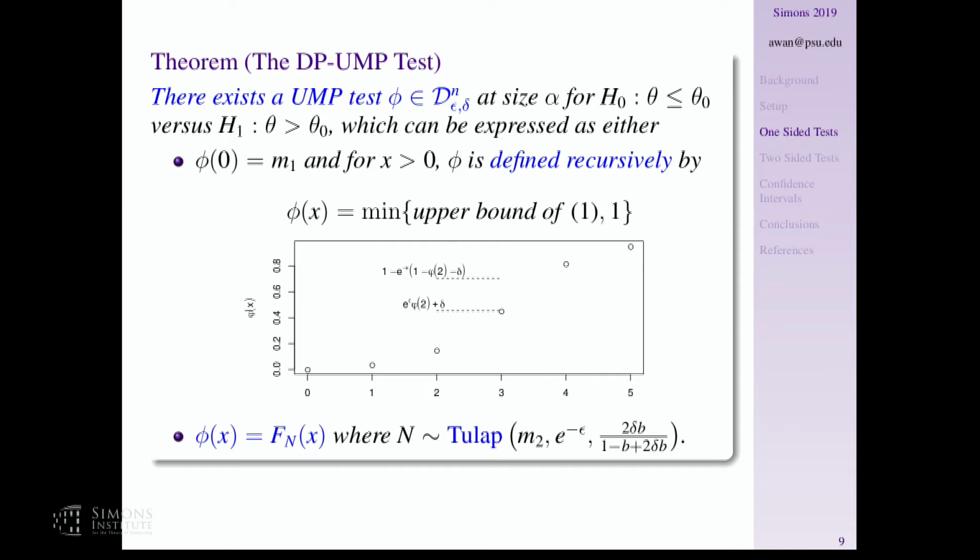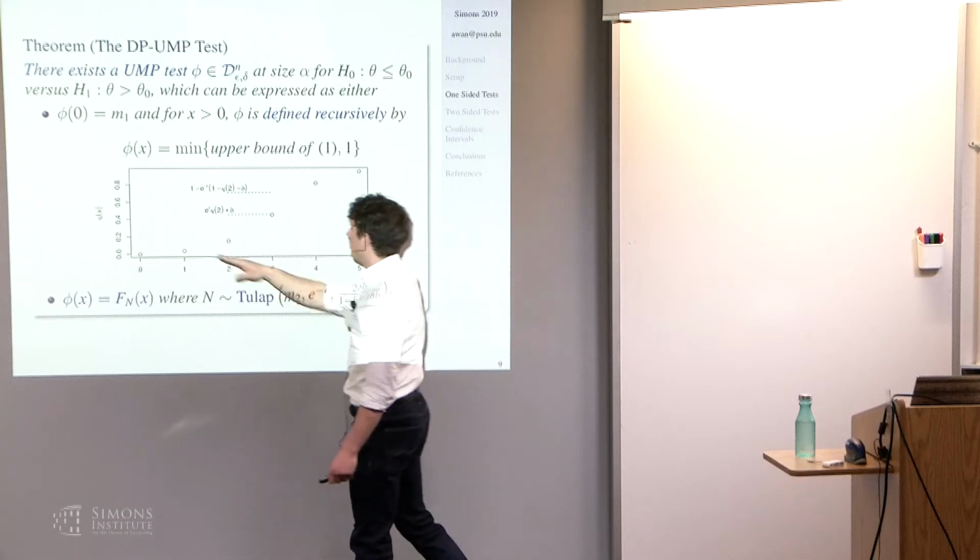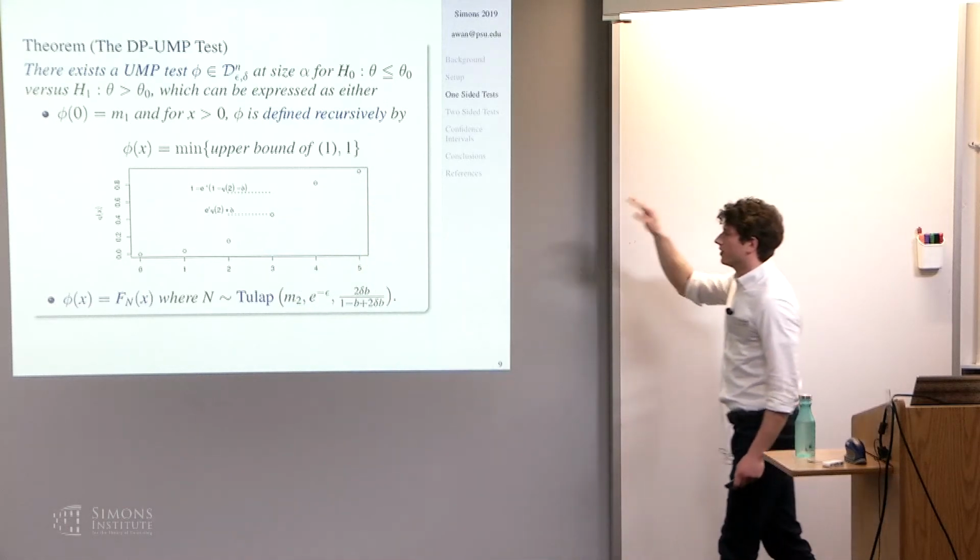And using a similar proof as Neyman-Pearson, you can show that this is in fact the UMP test. But it's not super satisfying because it's sort of ad hoc, we're going one by one. It'd be nice to have a closed form solution of this test. So then we had an insight that this test phi is an increasing function, monotone increasing from left to right, and it takes values between 0 and 1. So it's actually the CDF of some random variable, meaning cumulative distribution function. So there's some random variable that corresponds to this increasing function.